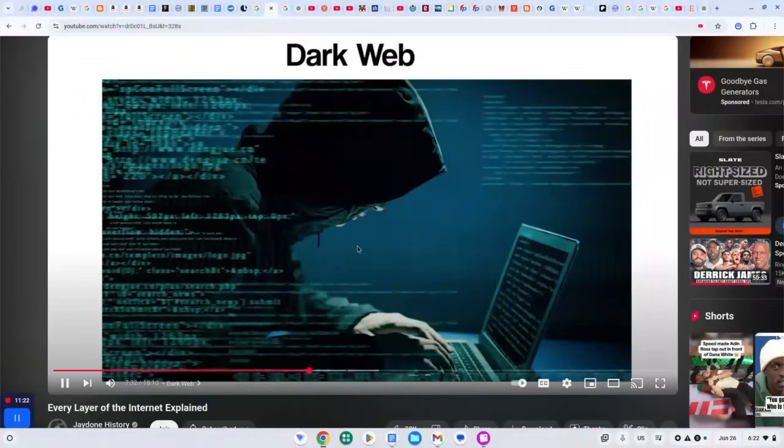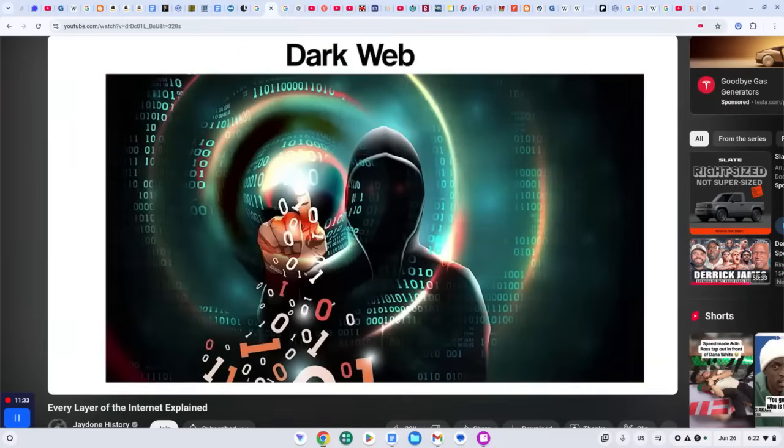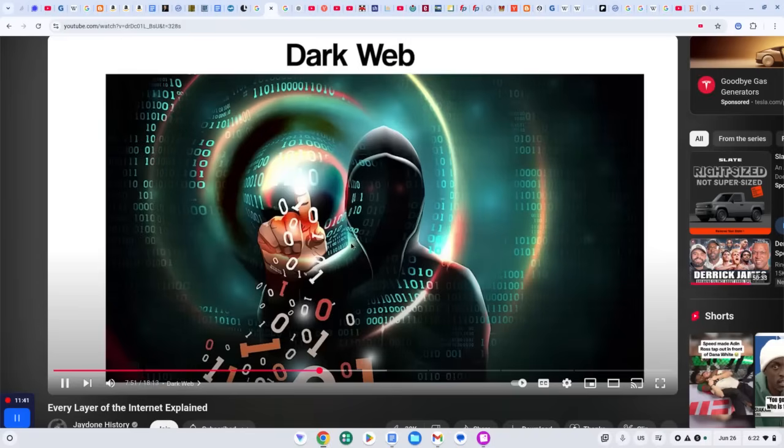but it carries significant risks. Users must download Tor or similar software and configure it properly to maintain privacy. Even then, careless browsing or interacting with malicious sites can expose users to surveillance, hacking, or malware. Many dark web sites are unregulated and may be full of scams, phishing attempts, or harmful software designed to steal